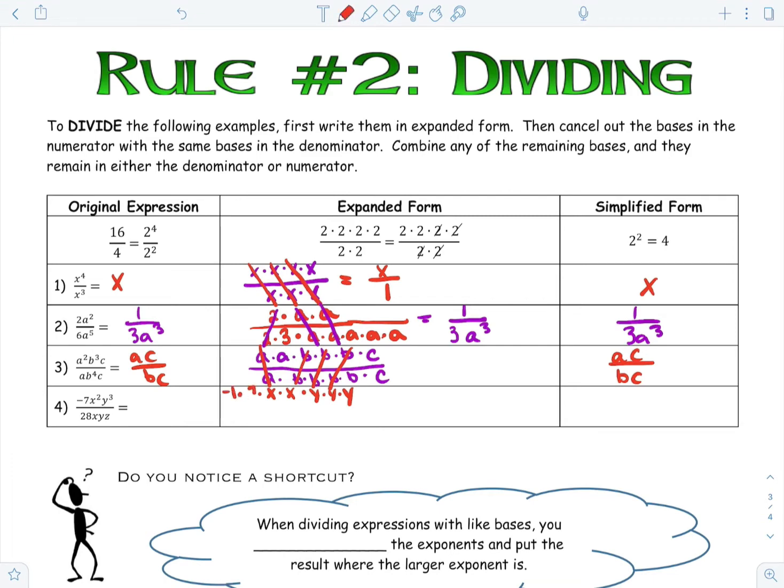Another way of looking at negative 7 is that it is negative 1 times 7. That's a way of looking at it. All right. And then 28 is 4 times 7 times x times y times